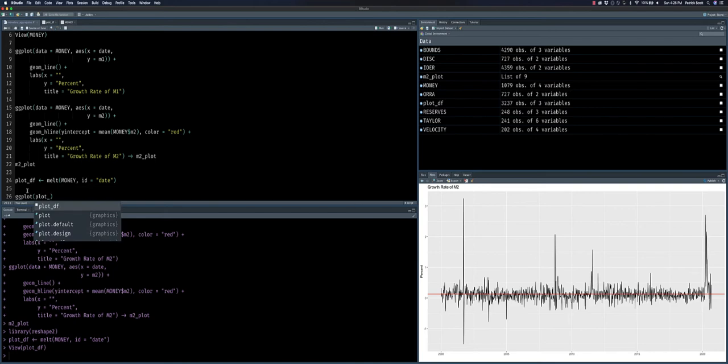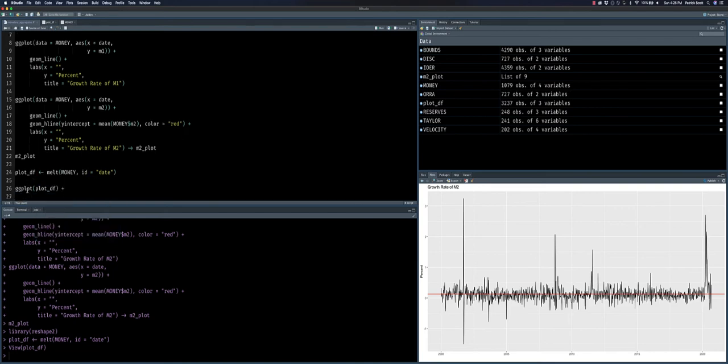So we'll do plot df. Great. And I'm not going to put the aesthetics in here. Instead, I want to put the aesthetics commands within the geom line function. I do this for a couple of reasons, but primarily to show you that the aesthetics command can go either in the global ggplot options, but it can also go into the individual lines that you're after. So we're going to use geom line, and then we'll define the aesthetics